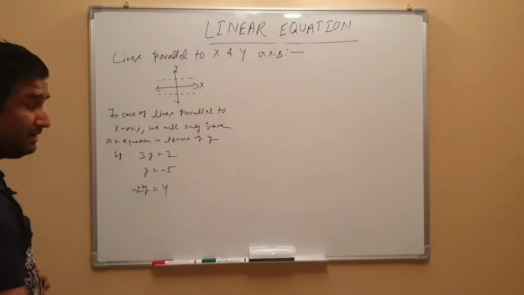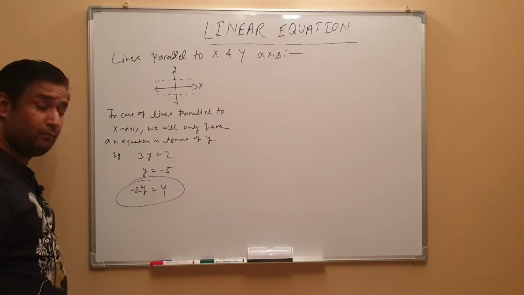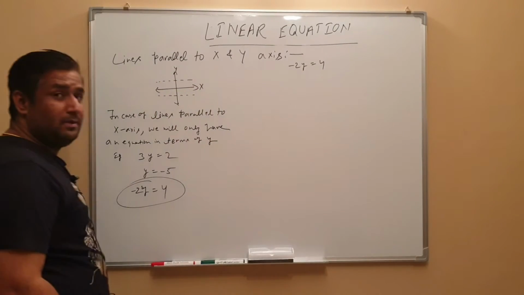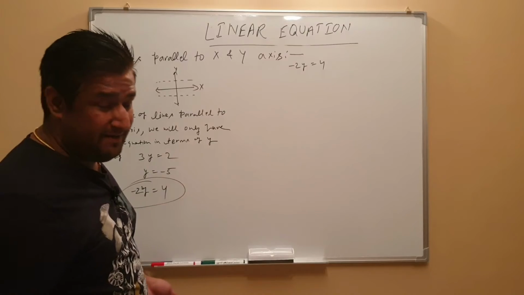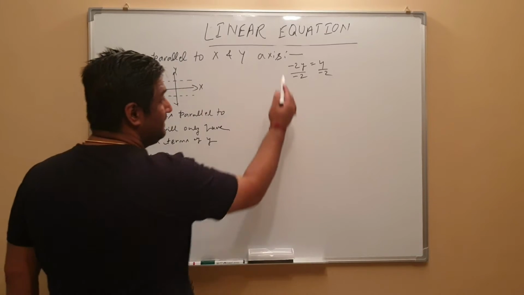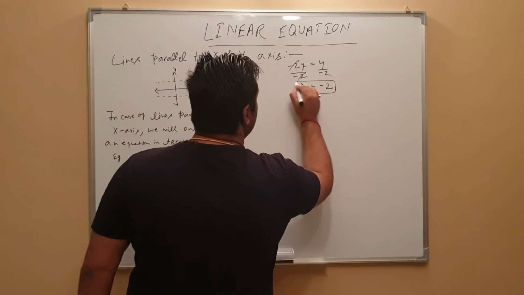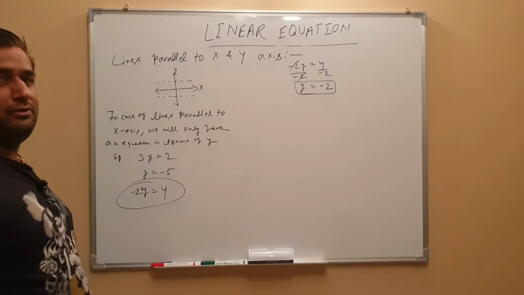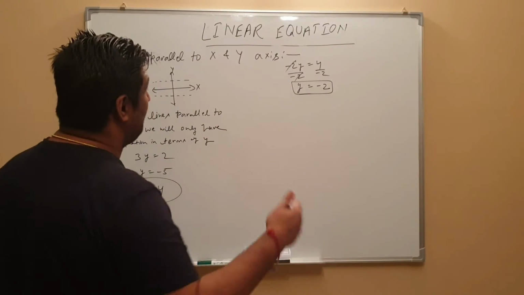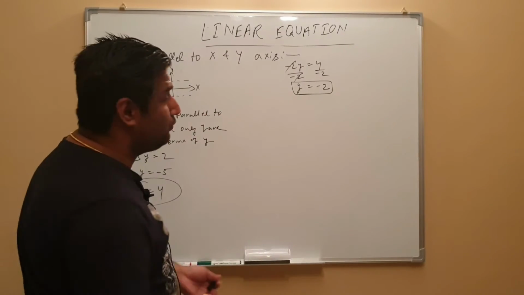So how it is happening, we'll just understand. We'll take one example. Let's say we are taking this one, -2y equals 4. So we'll write -2y equals 4. Now we have to get the value of y, right? So for that we'll divide by -2 both sides to get rid of this -2. This will get cancelled, so we'll get y equals -2. This is the solution we have. As you can see, there is no value of x, correct? In other words, whatever value of x you put in this equation, you will get y equals -2 only, correct?